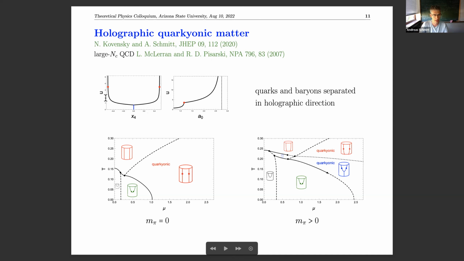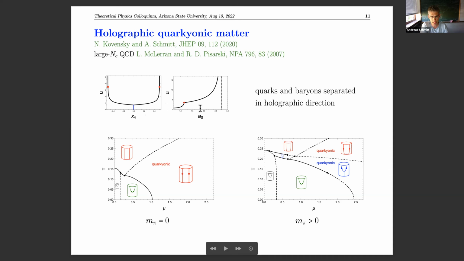That's the first picture here. Now that's a calculation. Everything I showed you before was just drawn by hand as a sketch. Now that's the embedding of these flavor branes. Again, that's the holographic coordinate. That's the compact direction. The red dots are now point-like, or a set of point-like baryons. They dynamically move up. So we determine this location dynamically, and we add quark matter by strings stretching from the horizon to this point here. So that's why we think there's both quark degrees of freedom and baryonic degrees of freedom.